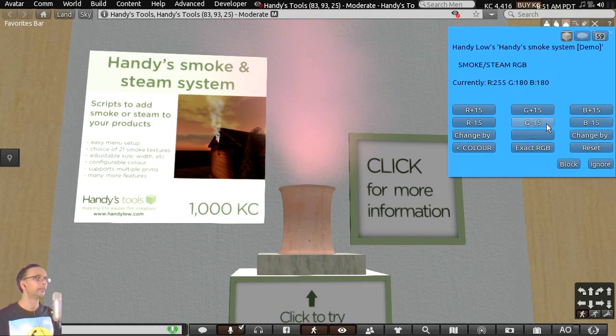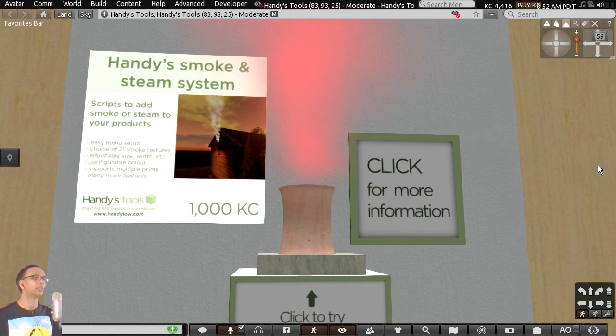But the red is already at 255 because it was white before, isn't it? But it keeps going until you get to completely red. If you increase the red, it will automatically reduce the green and blue for you. It's designed to be as simple to use as possible, and so now we've got a nice pink smoke. Oh yeah, that looks really cool.